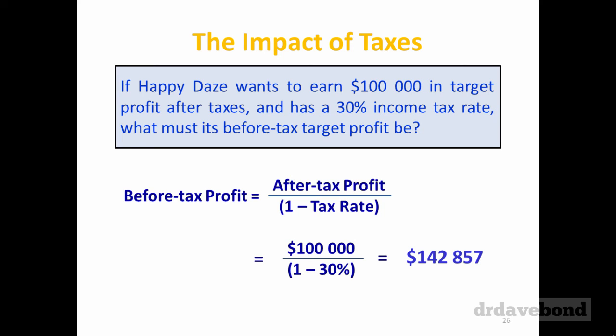Net profit before tax. Okay, we've calculated 142,857. Take away tax. Then I get out my calculator. Tax rate's at 30%. 142,857 times the 30% is 42,857.1. So net profit after tax plus